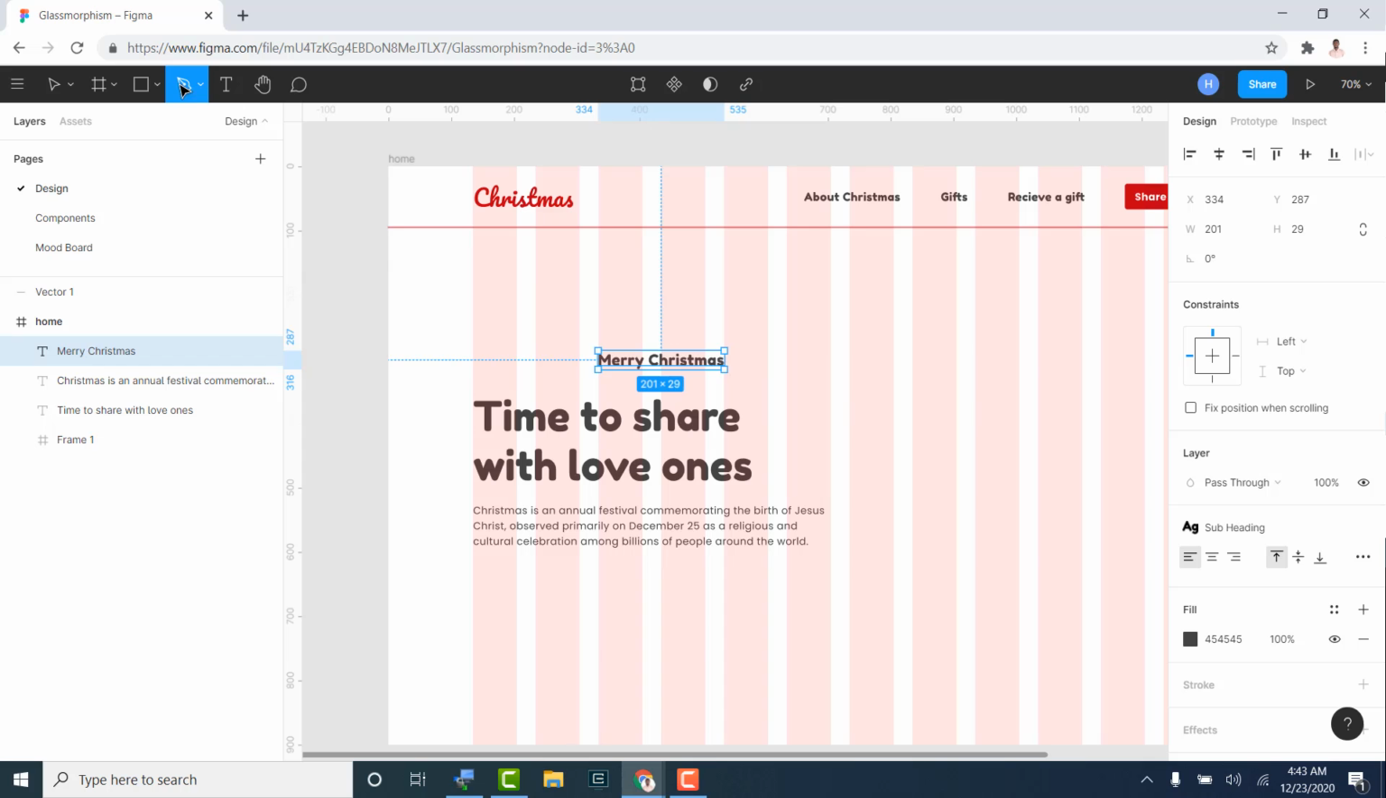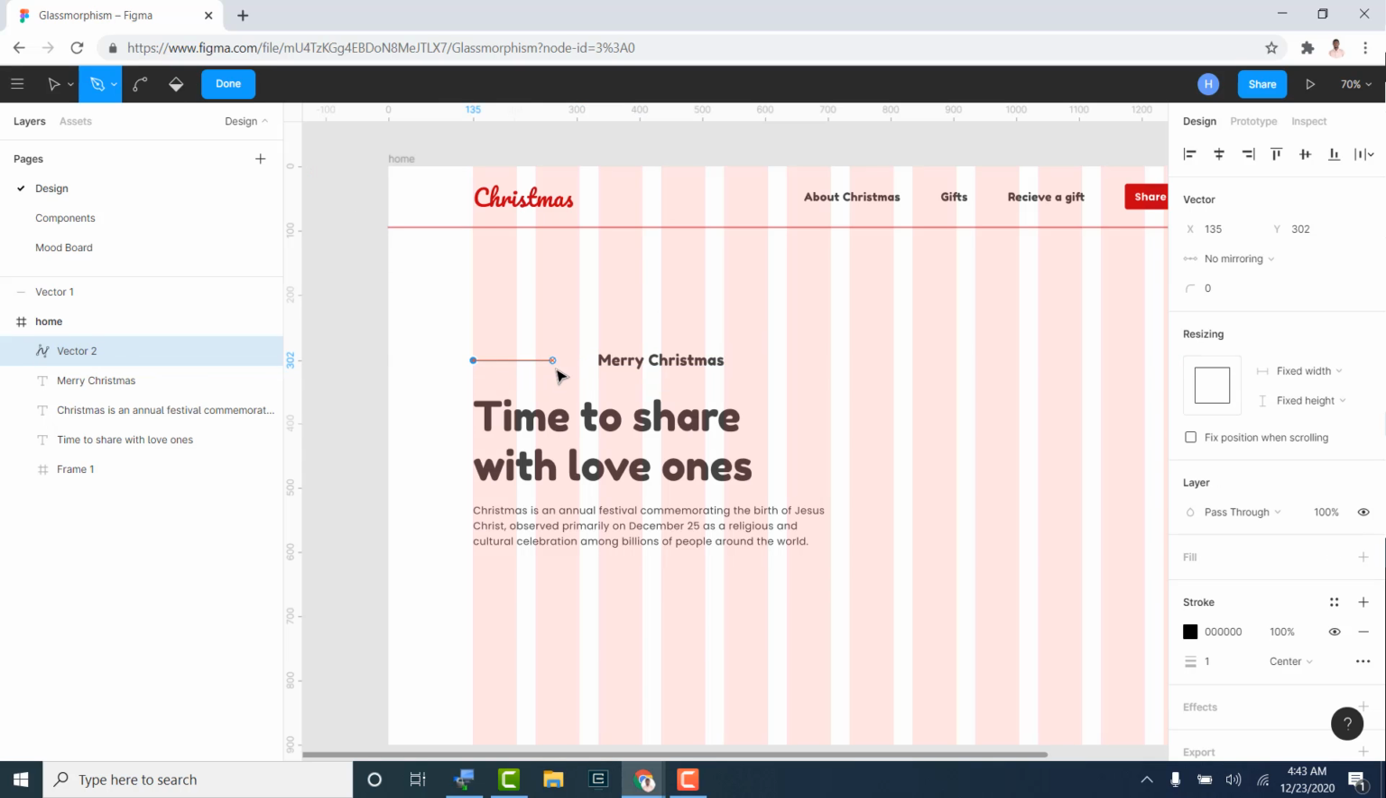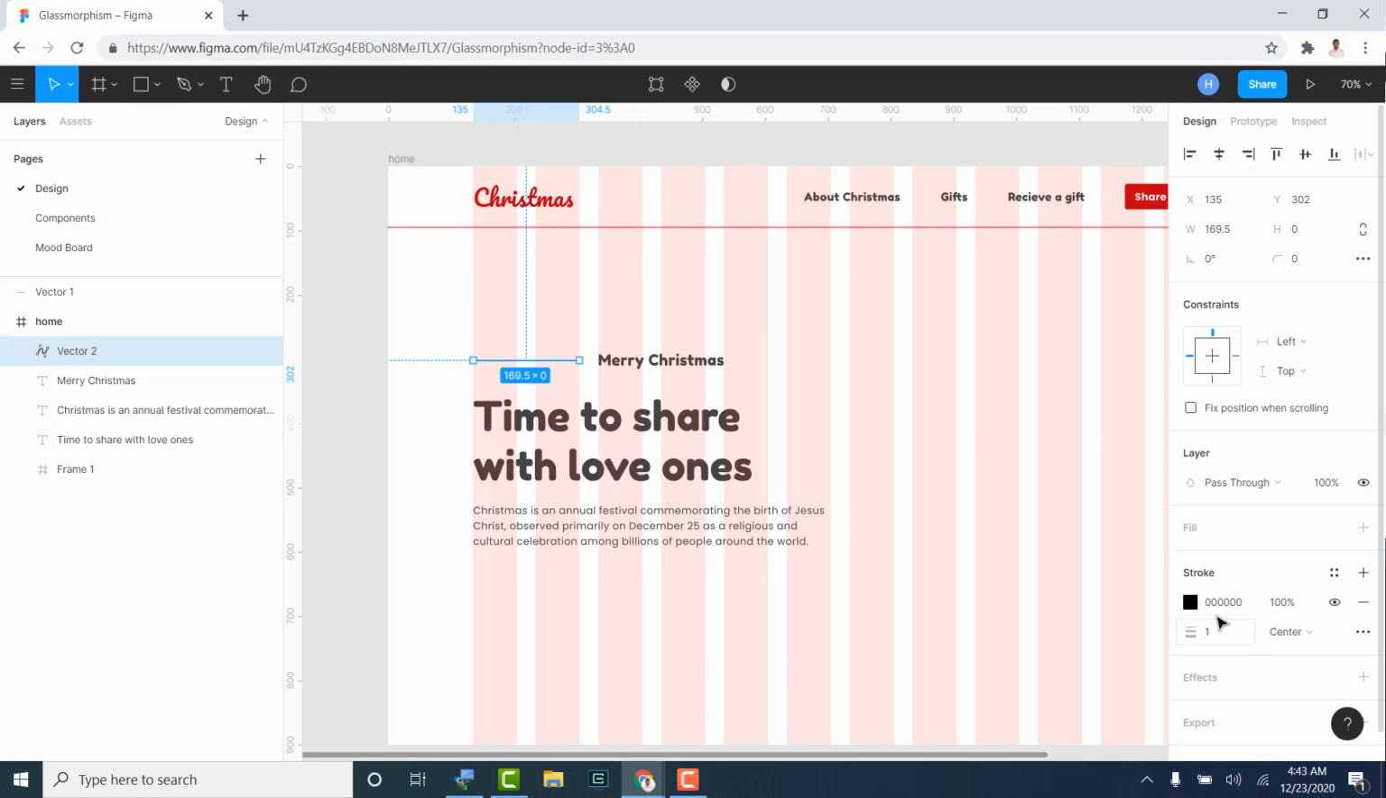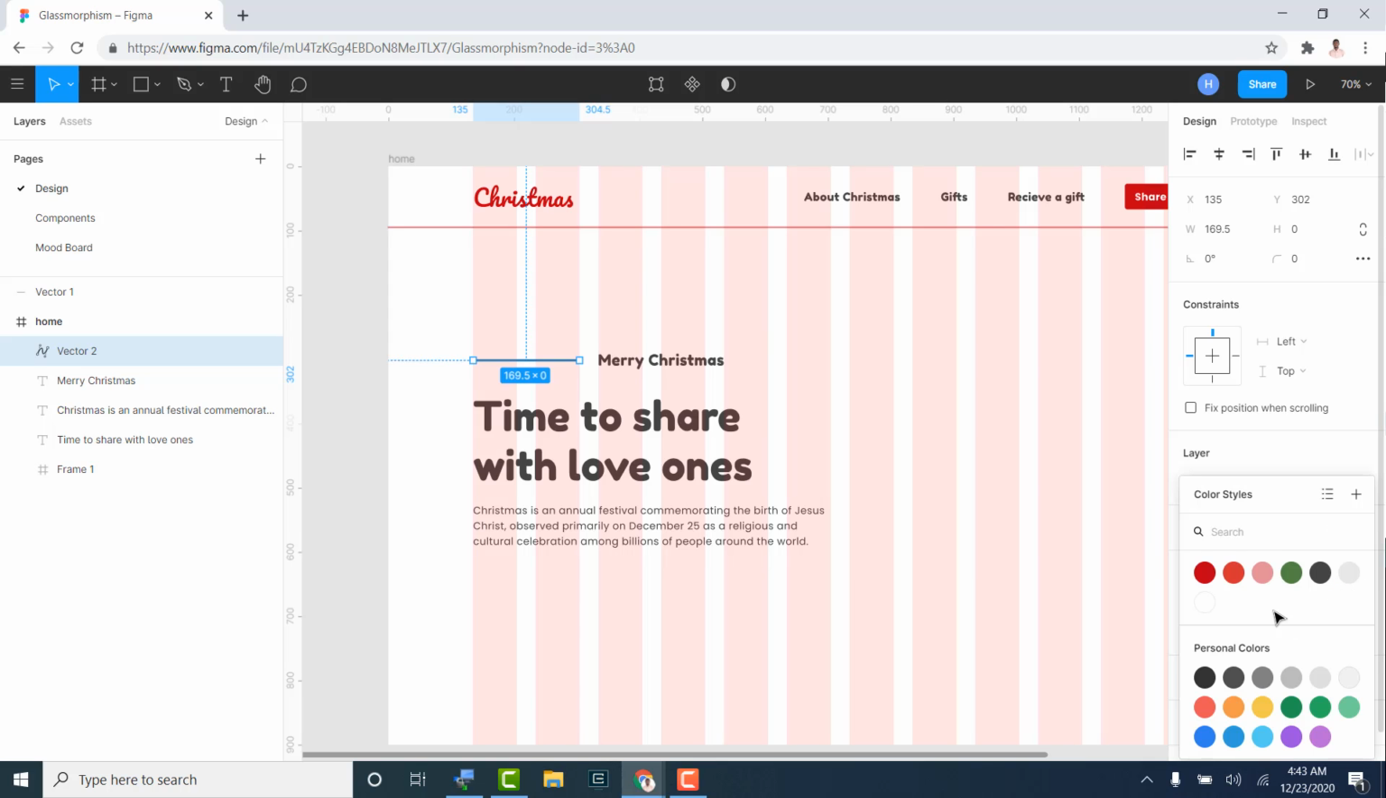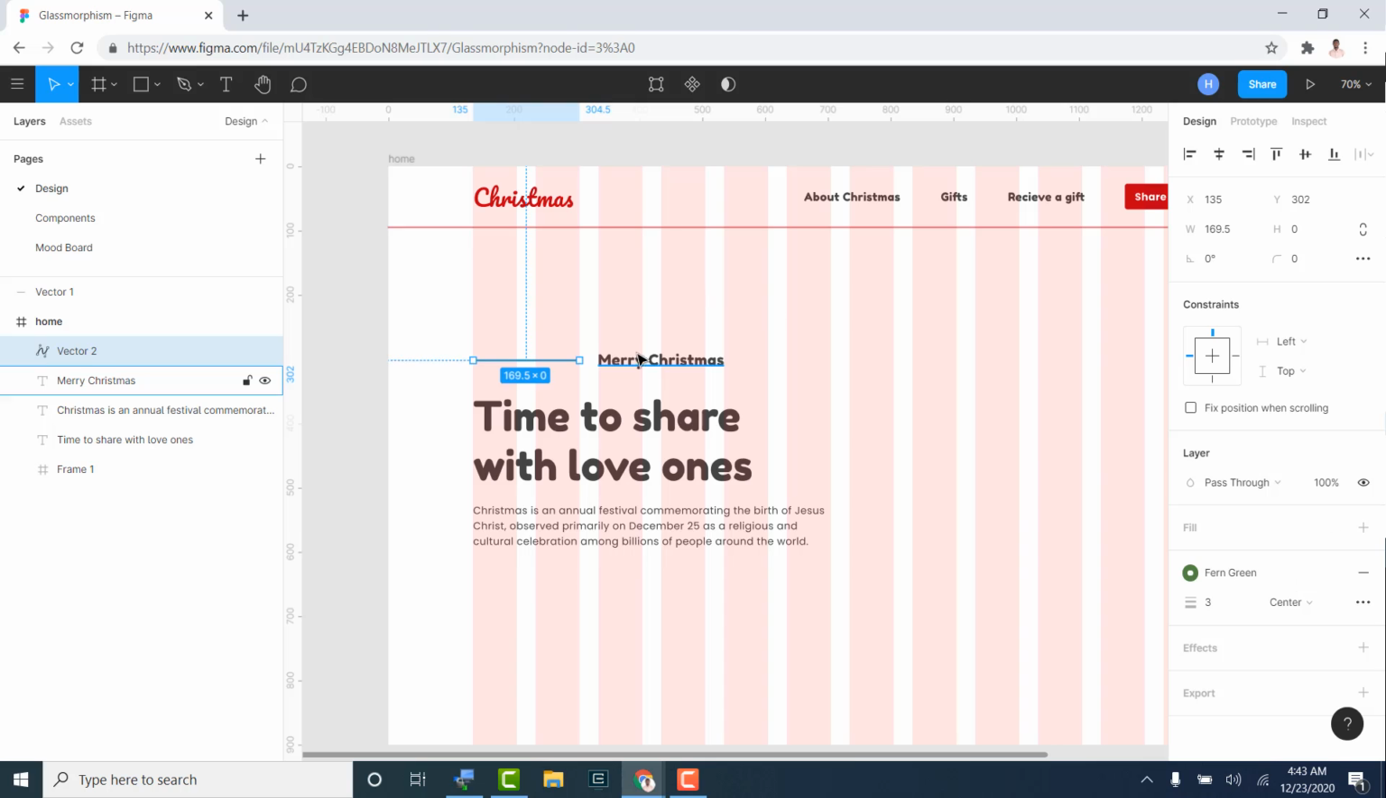I'll select the pen tool and add a stroke, and I want it to start from this point. I'm holding down my shift on the keyboard so that I make a very straight line. So I'll click here, and I click escape on the keyboard and click on done. So I'm going to make this 3, and the color for this, I'm going to use my green,